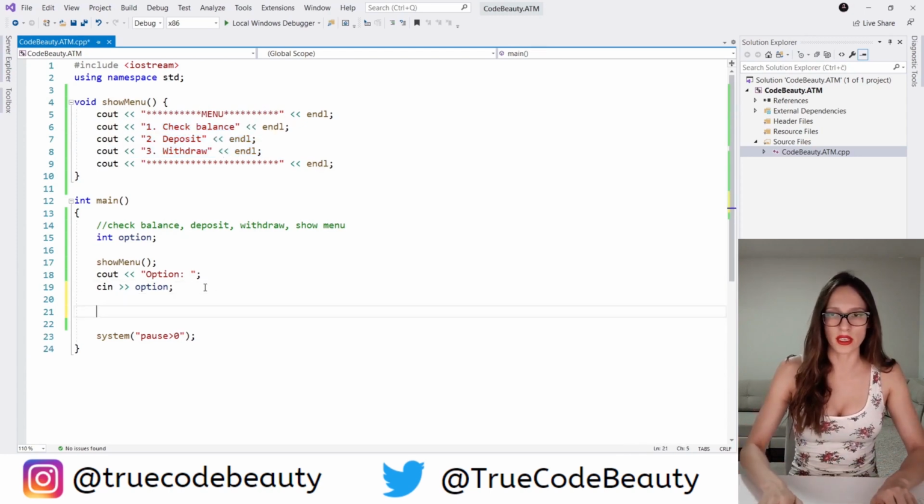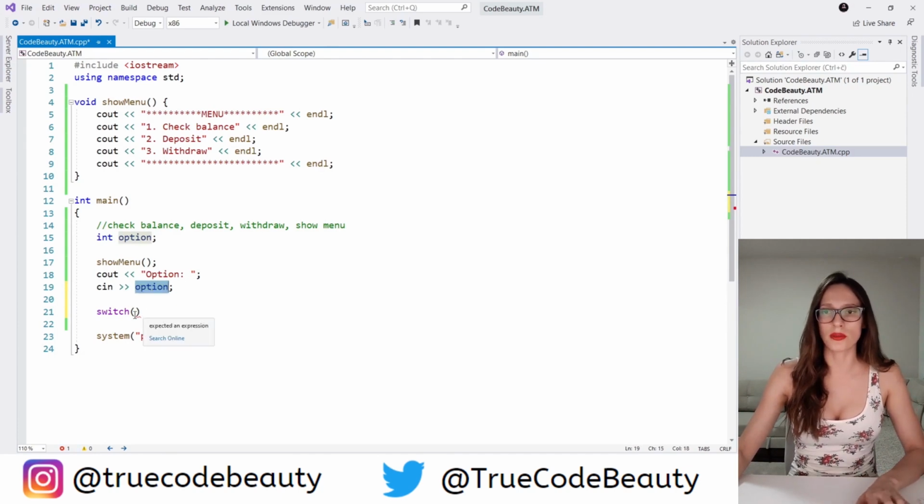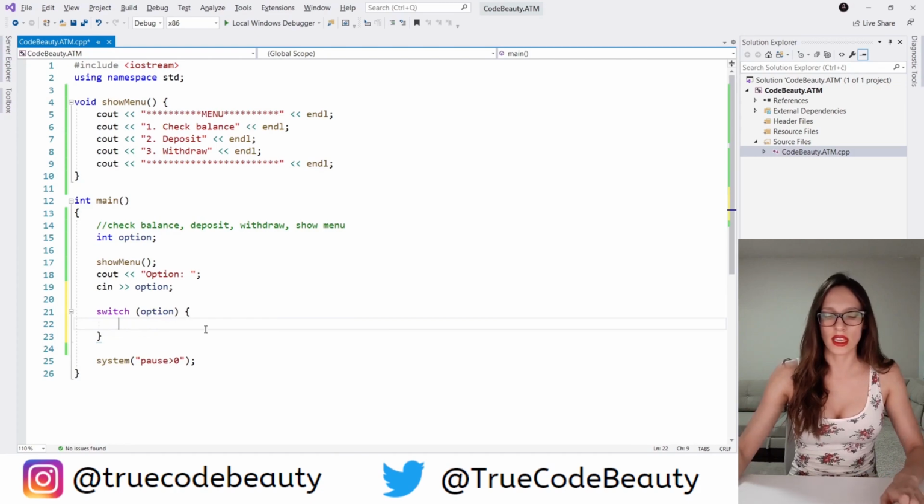So I'm going to write switch, okay, and then here I want to put this option variable. So that is going to be the value that I want to check. So I'm going to say switch option,